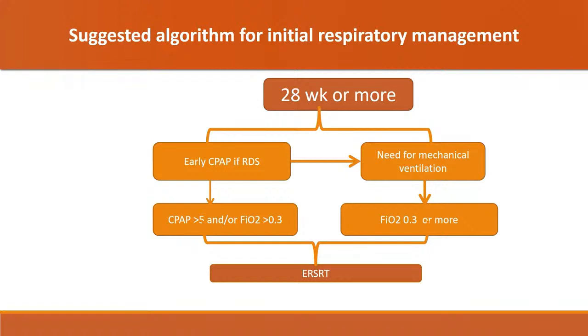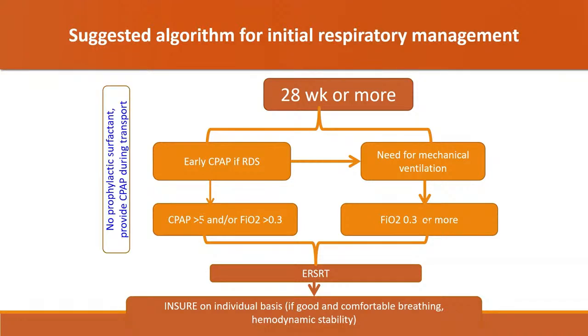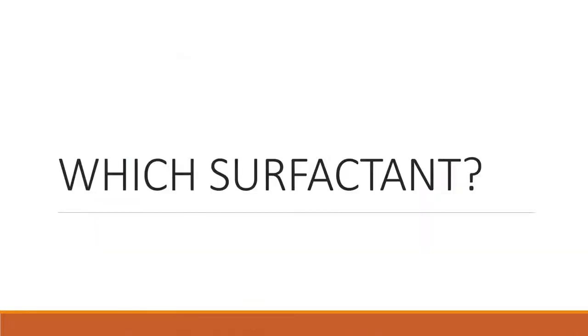On the other hand, if the baby requires mechanical ventilation, irrespective of the pressures, if the FiO2 requirement is more than 30%, one may consider giving early rescue surfactant, and consider intubate-surfactant-extubate on an individual basis in newborns with good comfortable breathing, adequate respiratory drive and hemodynamic stability. So there is no role for prophylactic surfactant at all in this group at gestational age of 28 weeks or more, and one should try to provide CPAP as early as possible. Even if this baby is an outborn baby, one has to try and stabilize the baby on CPAP